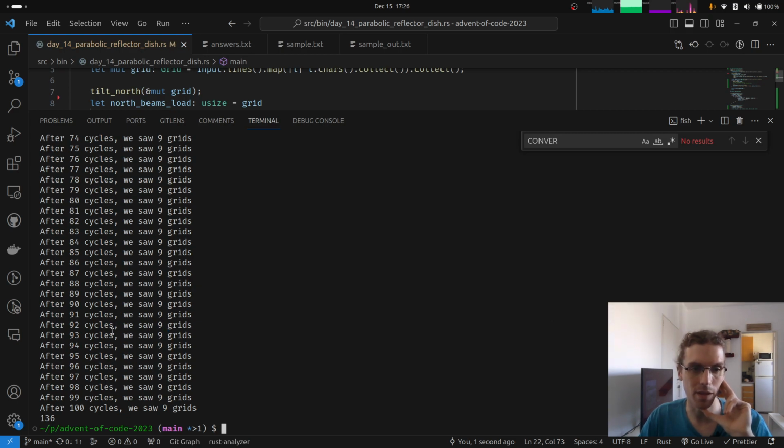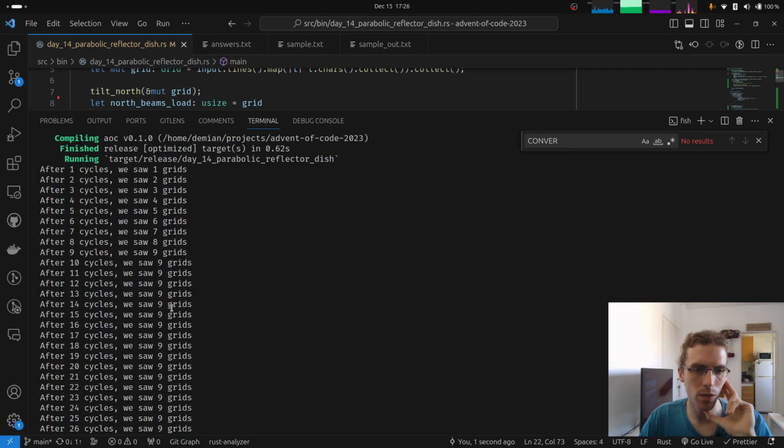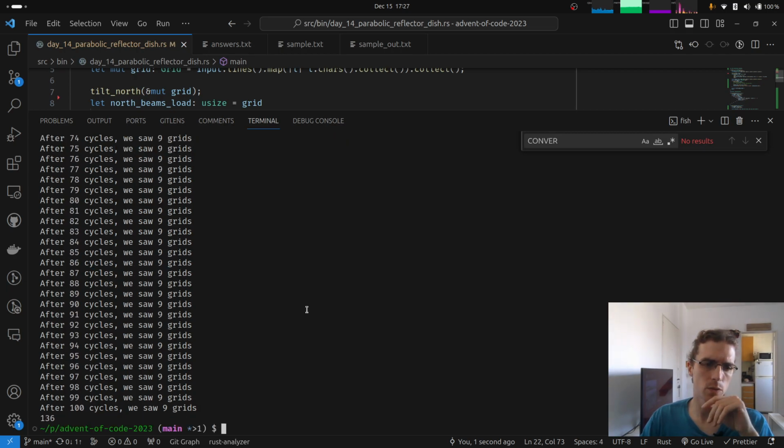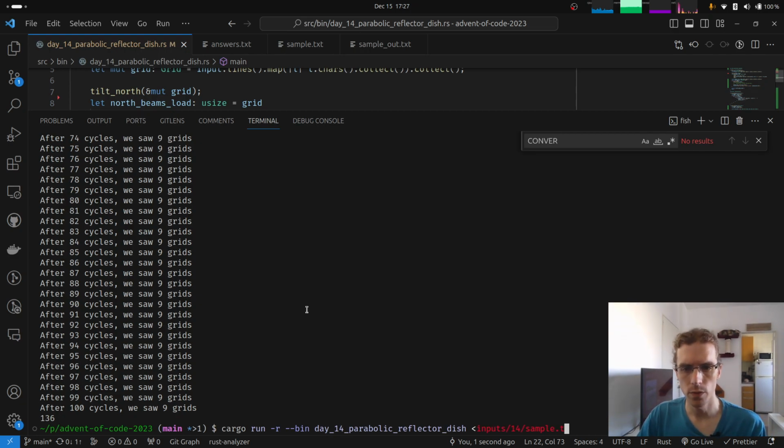9 grids, okay. So after some point we stop seeing new grids, and this is pretty soon. After 9 cycles we see 9 different grids. That's surprising. I thought that there were repetitions already, but then after 10 cycles we have seen all the different grids that there are. So if we run this thing with the actual input,